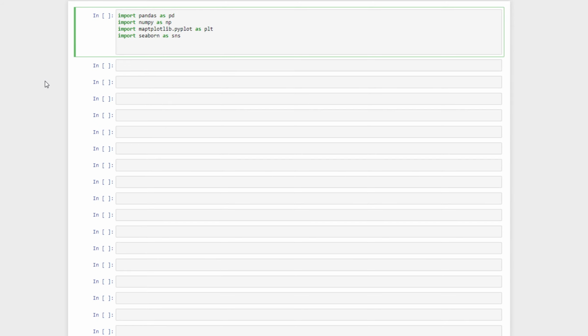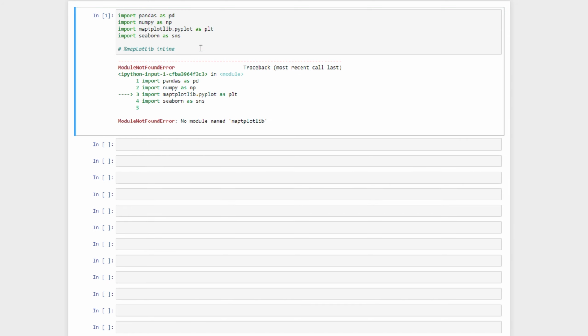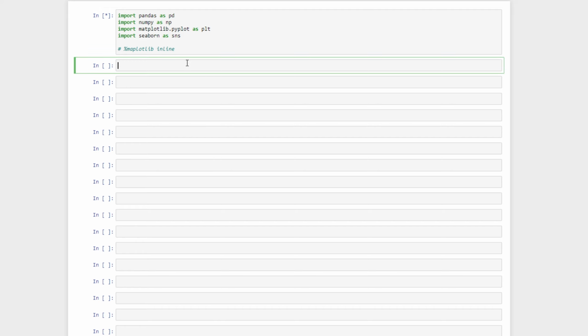If you're using Jupyter notebooks and your plots are not appearing, you may have to include the command %matplotlib inline. For me, I don't need to include that, so I won't, but just in case you're having problems, that might be your solution there. So I'll run this. And I spelled matplotlib incorrectly, so we'll fix that and run it again,